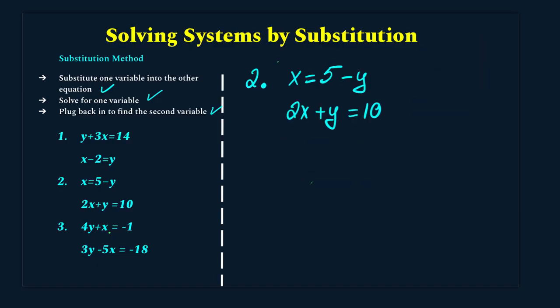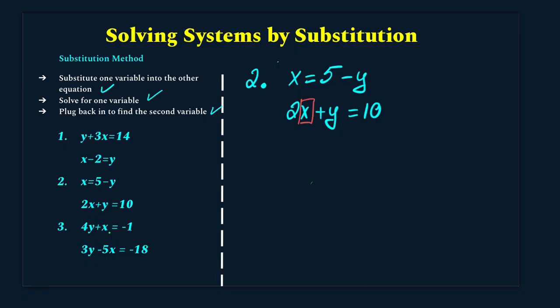Okay, to substitute, again, we're looking for that one equation where the variable is alone, all by itself. That means the coefficient is 1 or negative 1. So here we see that x equals 5 minus y, and that's what I'm looking for. That means I'm going to substitute x in the second equation